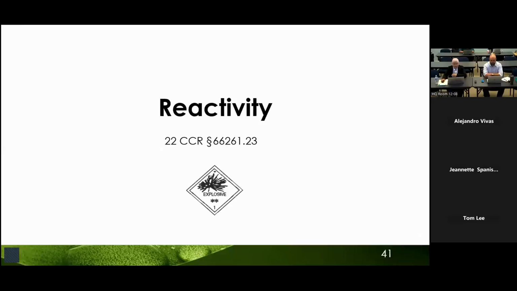So now that we have covered ignitability, let's move on to another important criteria, which is the characteristic of reactivity. Just like with ignitability, there are some differences between federal and California regulations when it comes to reactivity. And DTSC is recommending that California adopts the federal updates in this area as well. So before looking into these differences, let's briefly understand what the criteria of reactivity refers to.